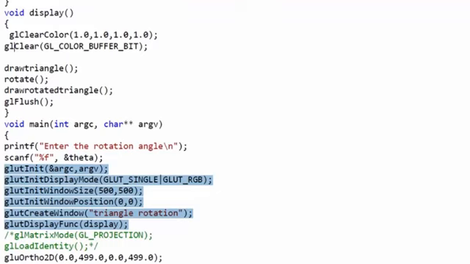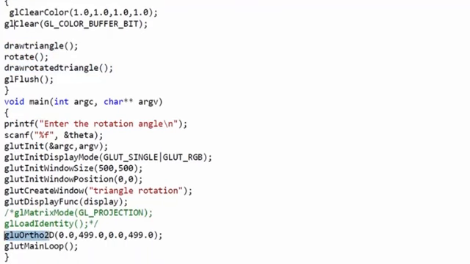And then we are going to write the glutDisplayFunc too. This display function will in turn call the other three functions, that is draw triangle, rotate, and draw rotate triangle function. Here we are going to use gluOrtho2D projection for the projection of the image.